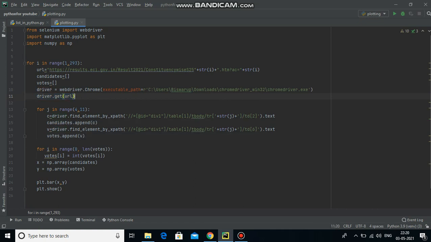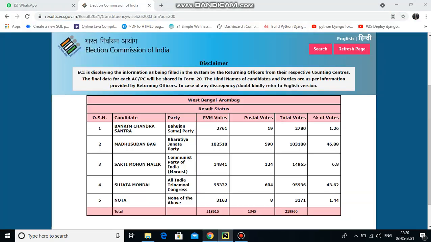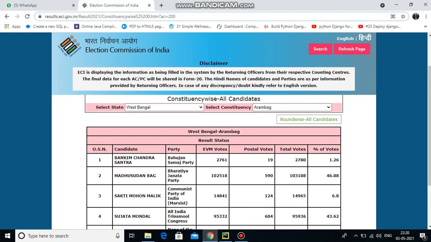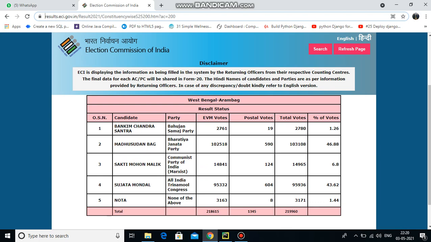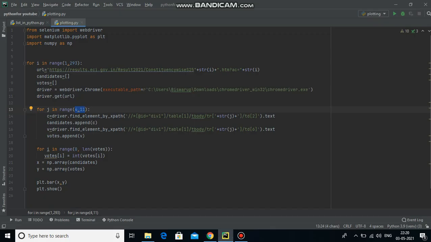And then the rest is very simple. I just used another loop where I have iterated from 4 to 11. Why have I done that? Let us see. In each of the pages there is a table, and the table has 1, 2, 3, 4, 5, 6, 7, 8, 9 columns, and the data we need is actually residing in the rows starting from row number 4 up to 5, 6, 7, 8, so 4 to 8. So that is why I have used 4 to 11. We can also use 4 to 9 over here. That will also do this.